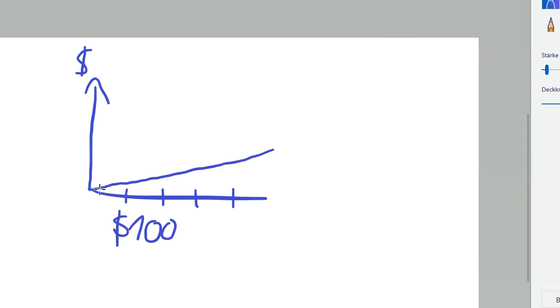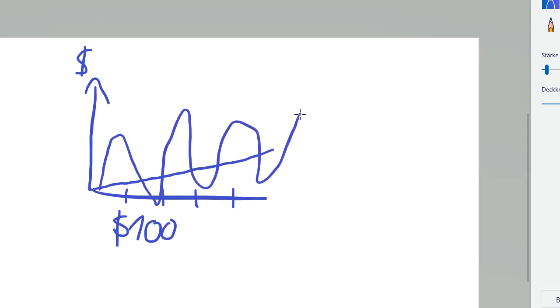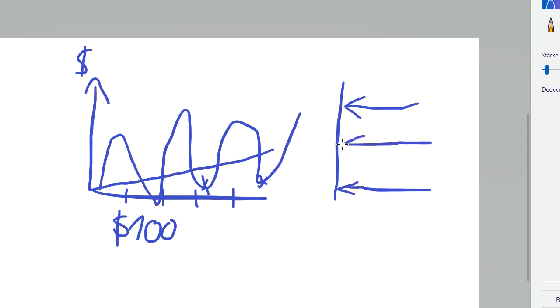And now, as your asset actually fluctuates here, the more it fluctuates, the better, because at these points here and here, you would buy a lot of those assets, right? Bringing down your average purchase price. If you buy the asset at the top, your average purchase price would be like this. If you buy the asset at the bottom, your average purchase price would be like this. If you do a DCA strategy, you would expect that the average purchase price is this, right in between the top and the bottom.